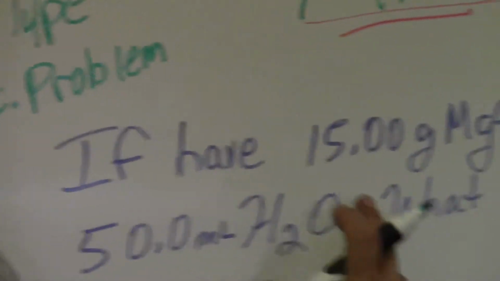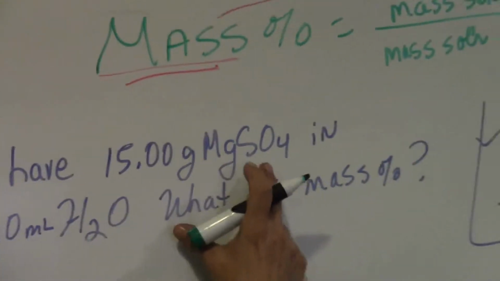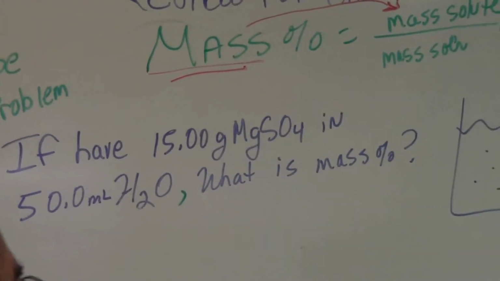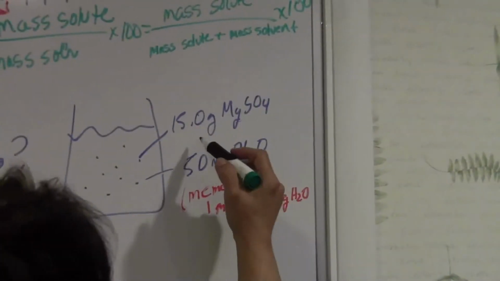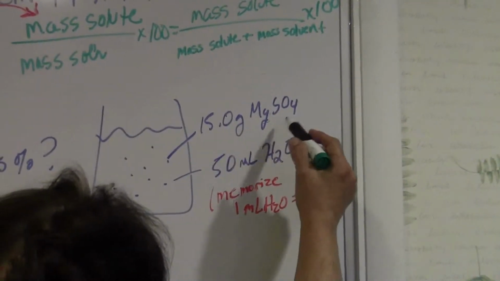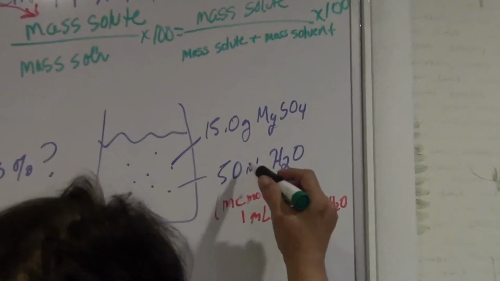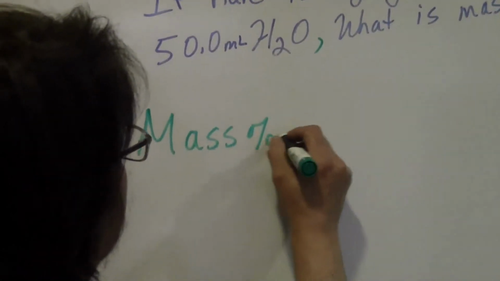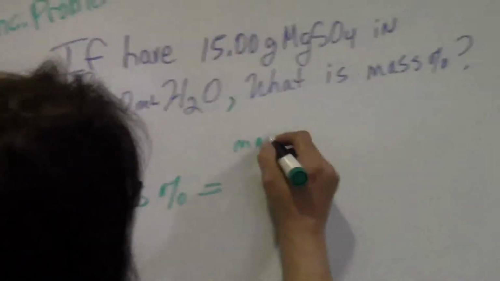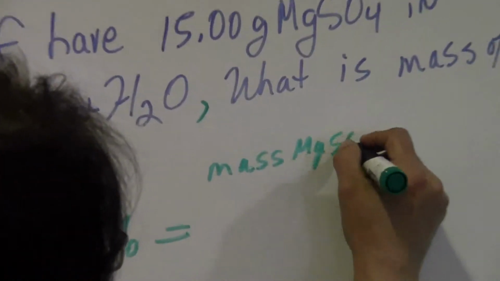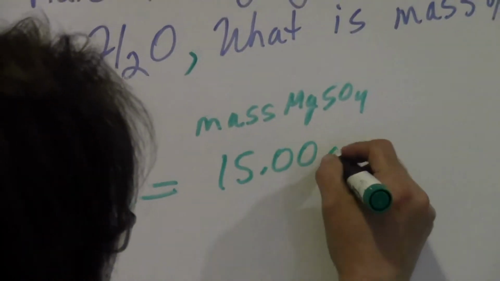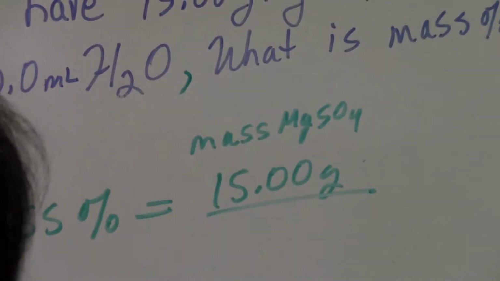So here's our problem. If you have 15 grams of magnesium sulfate in 50 milliliters of water, what's the mass percent? Here's our drawing. 15.0 grams magnesium sulfate in 50.0 milliliters of water. All right, so let's plug in. Our mass percent is going to equal the mass of magnesium sulfate, which is 15.00 grams, over, they didn't give